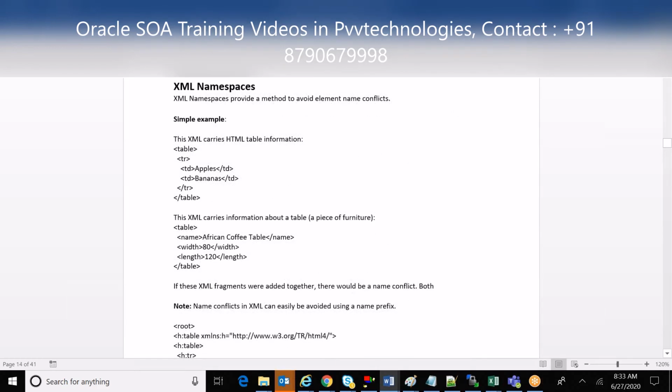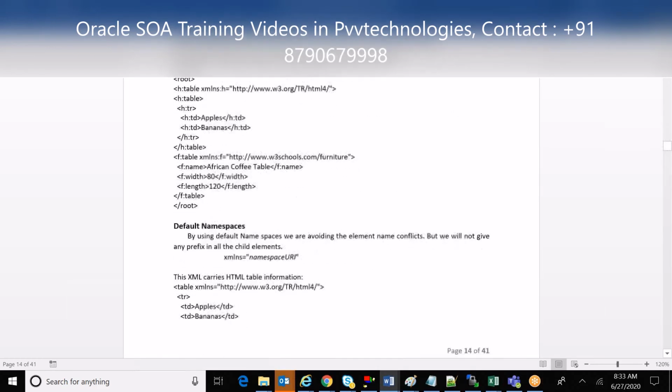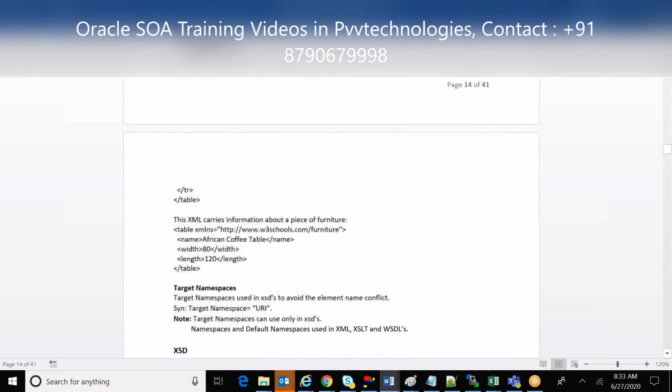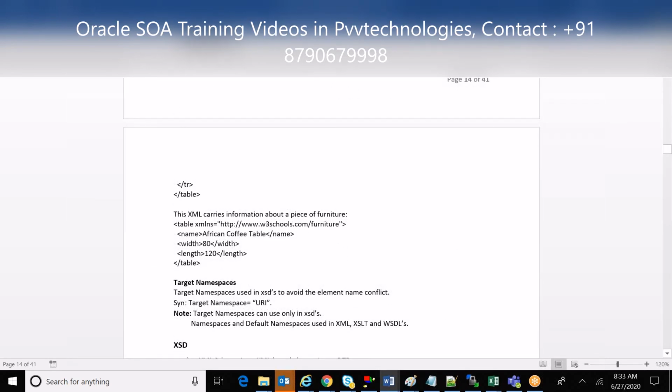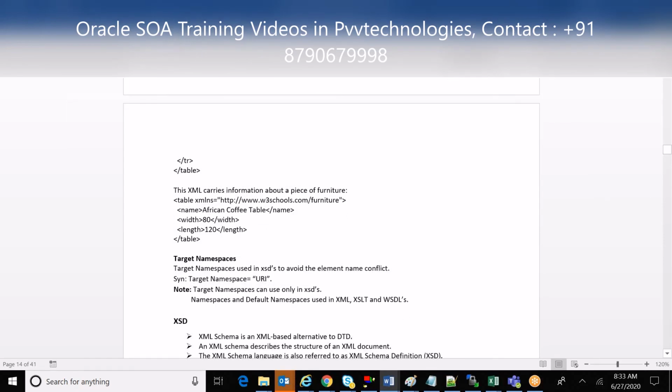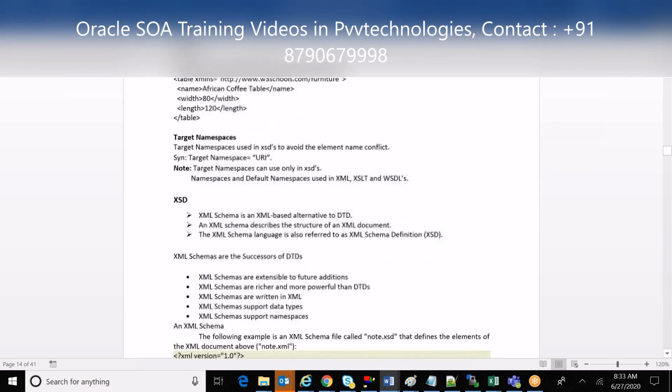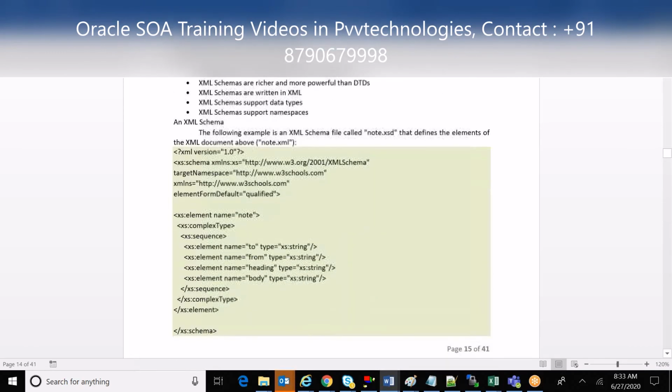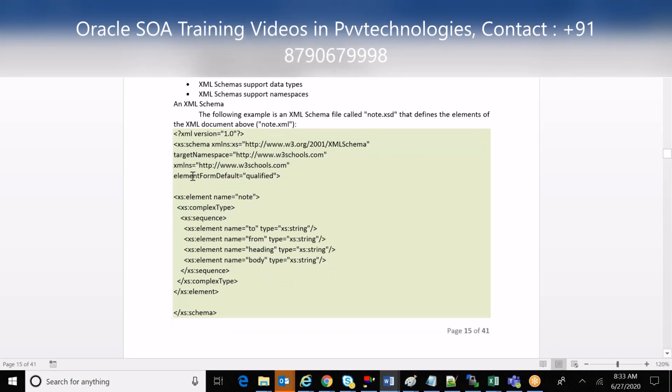What is a namespace? It is very basic. There is no need for any typical language for SOA. For XSD, what is an XML namespace? You can go through it anywhere, or let me know. See, this is the XML document, but it is in the format of a schema. Try to focus on it. See, xs is the prefix followed by a colon. This is a prefix. So here below